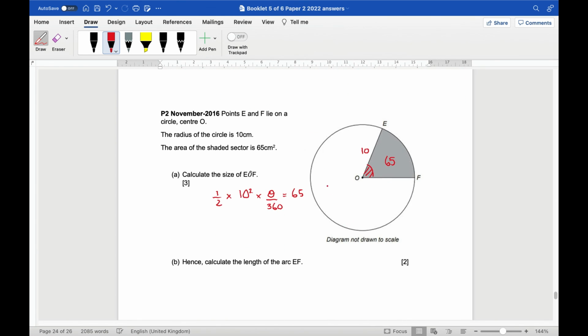Here. Bit of a weird one. It tells me the area, yikes, and it tells me the radius, and what it asks me for is what the angle is. So I've written out, I don't know why I've written half, that's so weird. That should be pi, okay, times the radius squared times the angle, but I don't know that, over 360, but I do know the answer. So pi times 100